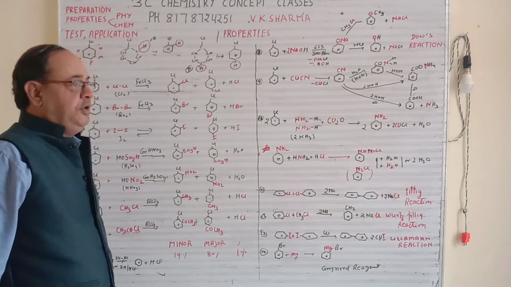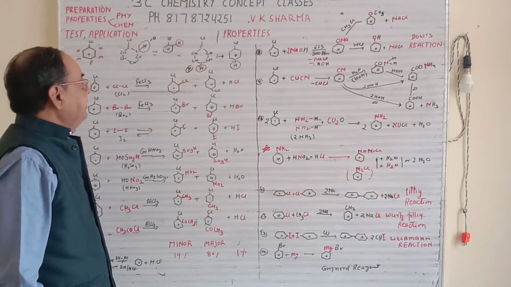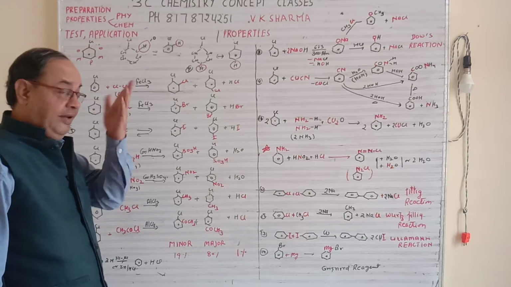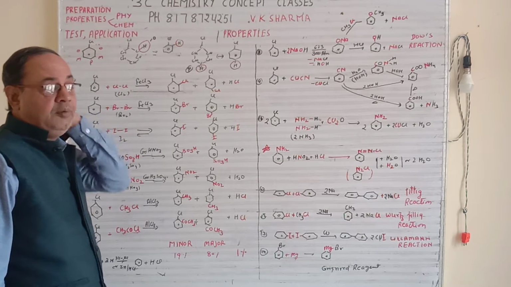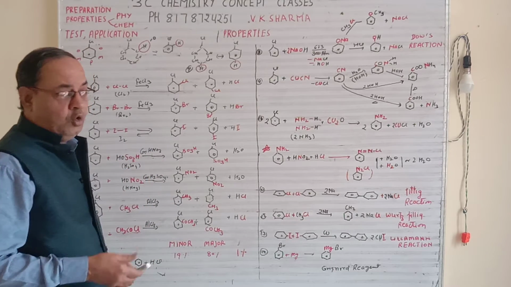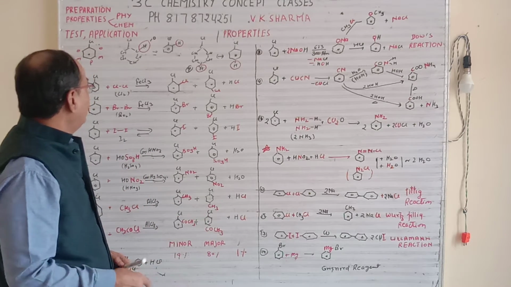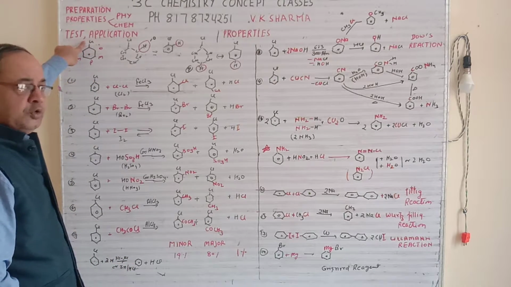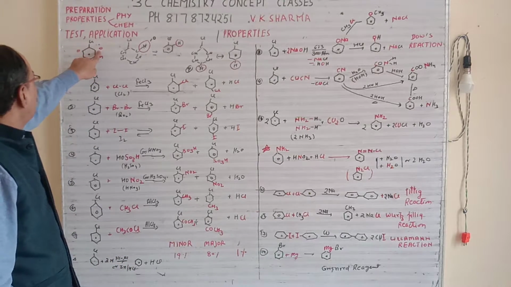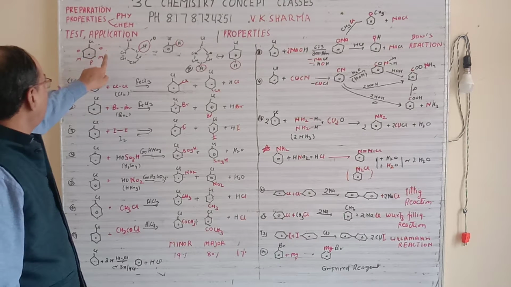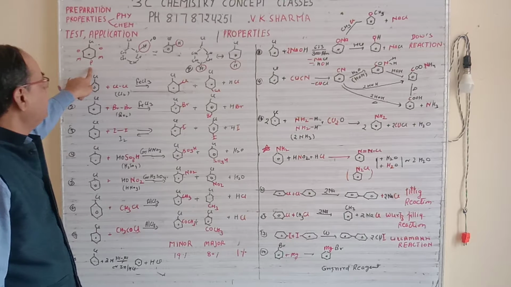So friends, in the last video I told you about ortho para directing. So when ortho para directing compounds are there, they will always give you a mixture, and para will be on the higher side, that is 80%, and ortho will be on the lower side, 19%, plus 1% is a byproduct. So now this is your benzene with chlorine, that is chlorobenzene. This is ortho, this is ortho, this is meta, this is meta, this is para. So the 2 position is ortho, the 3 position is meta, the 4 position is para.